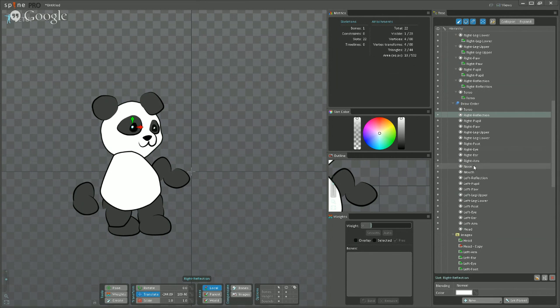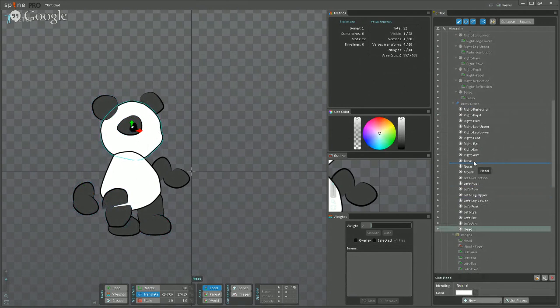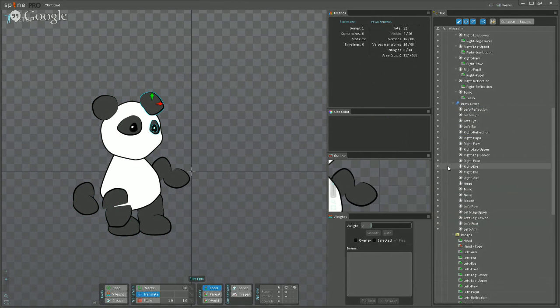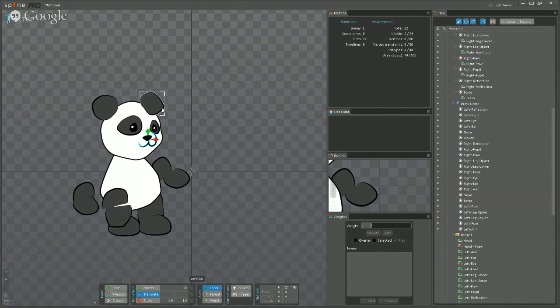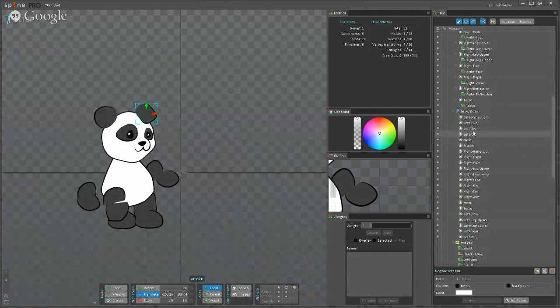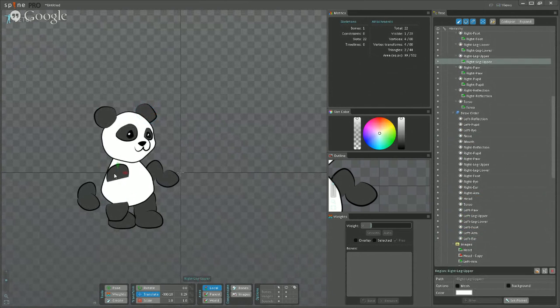First thing we need to do is take all of the right, move it up, and take the head and move it above torso. We need to take all of the left head. Oh, no. Ear, eye, pupil reflection. We need to move that up. Go in and grab nose, mouth. We need to drop. Whoop. Too far. Ear down. And now we should be able to come in and reposition some of these so that